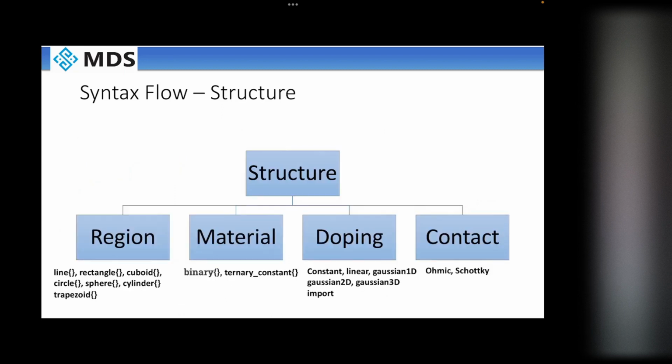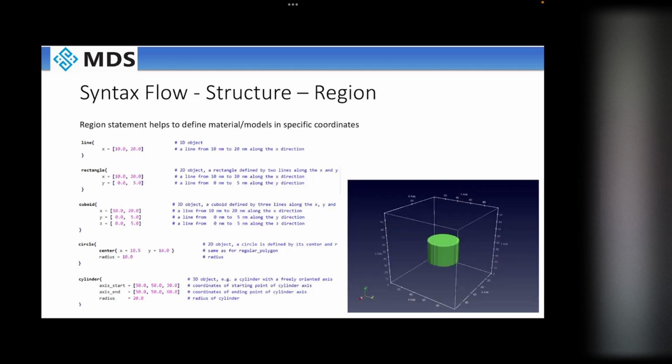Now we talk about the structure, which includes the region, specified by different shapes. You can specify the region, then material and doping, and after that contact. Now coming to the structural part, if you have a line, then you can specify it with this particular statement: this is my region. How it works is, we'll take the previous example that we have a 1 0, then we have a